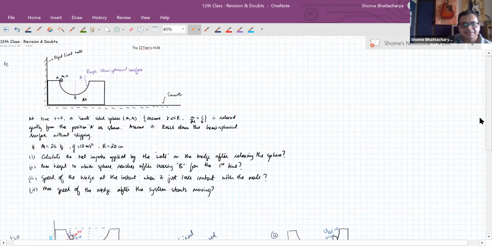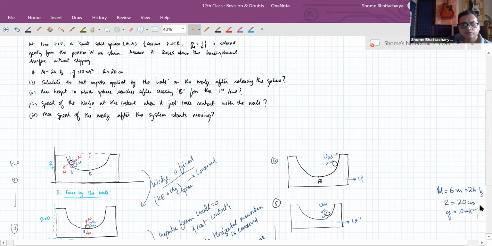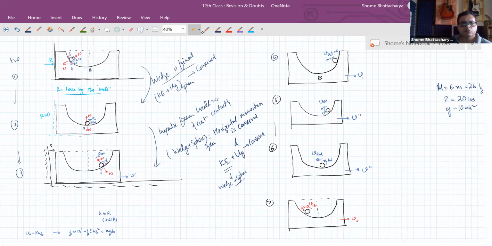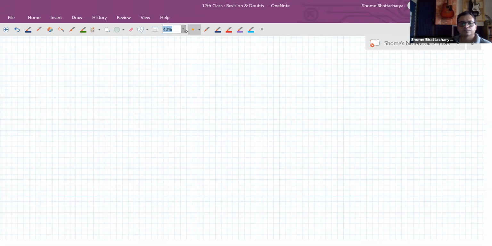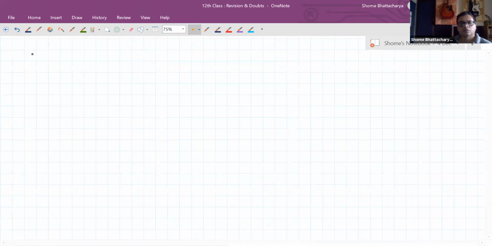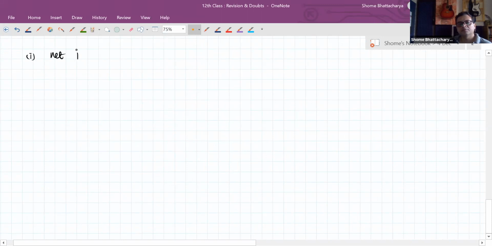Okay. So we have to calculate the net impulse that the wall is applying after the sphere is released. So you can understand that the wall is applying force between picture 1 and picture 2. That is, while the sphere is coming back from the point A to the point B for the first time. When it's rolling down from A to B for the first time, till it reaches the point B, there is impulse from the wall. The moment it crosses the point B, force from the wall tends to become zero. So to calculate the net impulse by the wall,